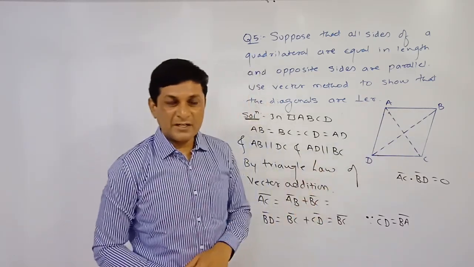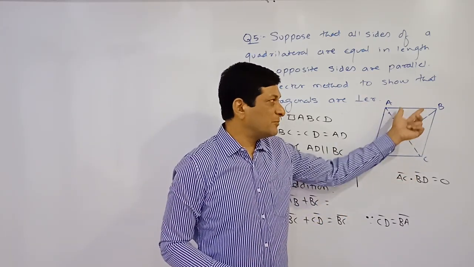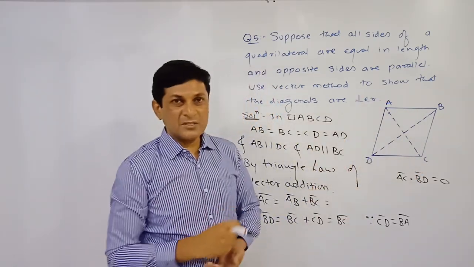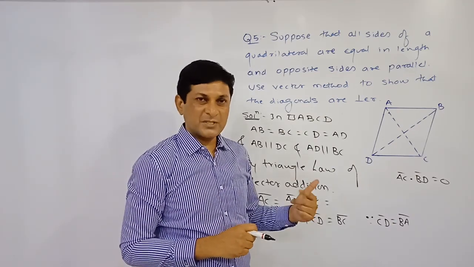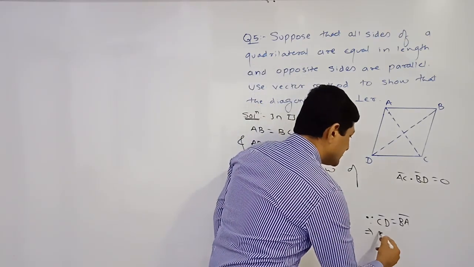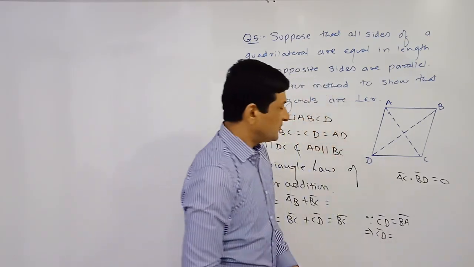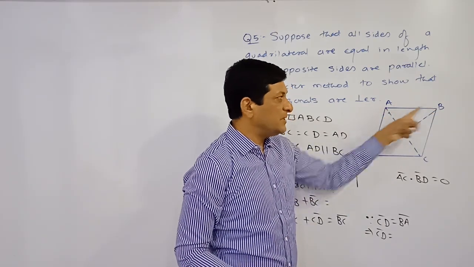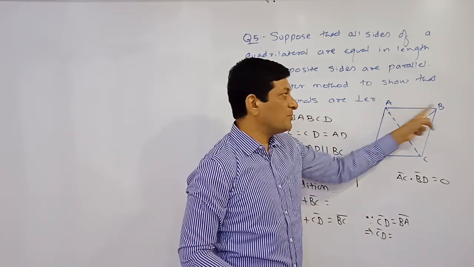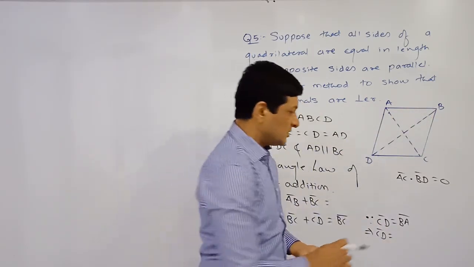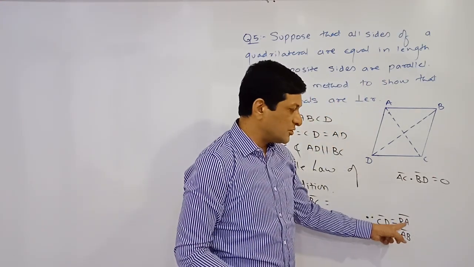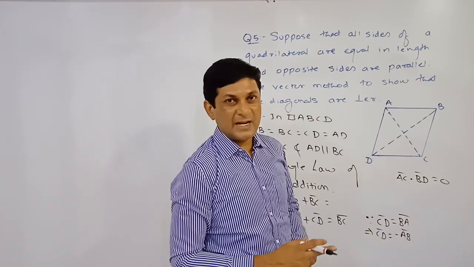this quadrilateral. It is given to us that all the sides are of equal length, meaning AB and CD are of equal length. Even they are parallel to each other, meaning their directions are also the same, meaning magnitudes are equal and directions are the same. That's why we can say that these vectors are equal vectors. So this implies that CD bar will be equal to BA bar. Now if you are writing it as AB bar, we are changing its direction, so the directions of BA bar and AB bar are opposite. Lengths are equal but directions are opposite.